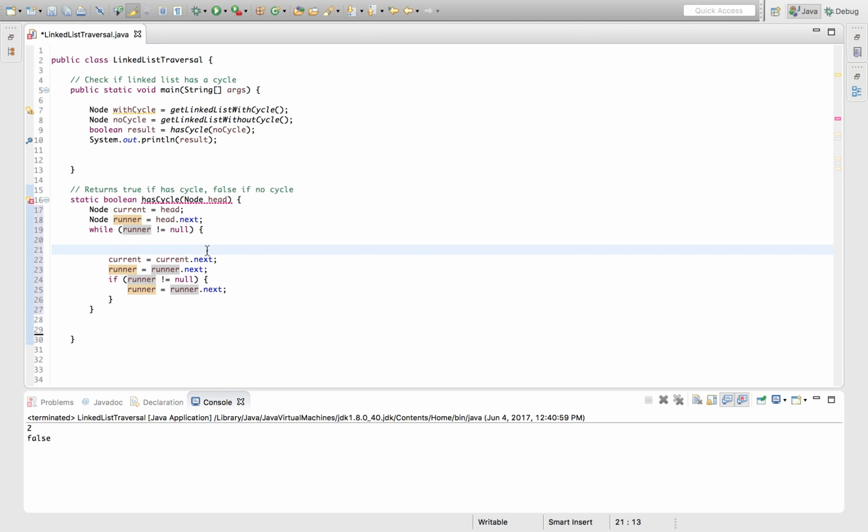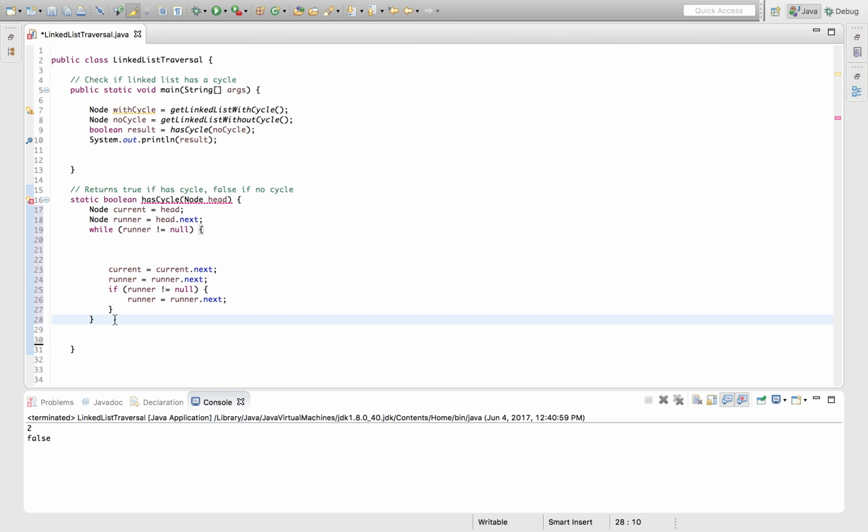So this is the actual step to iterate through the list with one current node and one runner. The runner goes 2 at a time, the current goes 1 at a time. If you think about it, we can use just these 2 nodes, not having to store anything else, to tell whether there's a cycle in the list. First, let's consider the case where there isn't a cycle. Then we iterate through the list. The idea is that once we get to the very end,